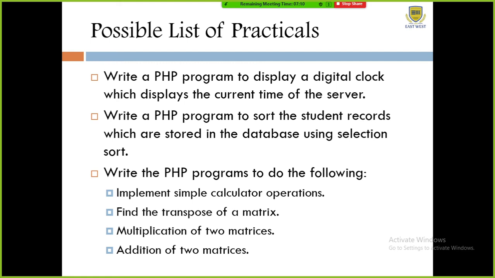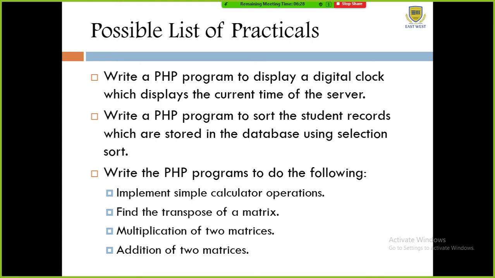The next code we will write is a PHP program to sort the student records which are stored in the database. It means I am going to connect my web page with the database, and I need to access the student records from the database. So again we are using JDBC here. I hope you know something about JDBC, that is Java Database Connectivity. Here we are using PHP programming, so you can observe quite a different set of code compared to a normal core JDBC program. We will definitely experience that within the fourth module.